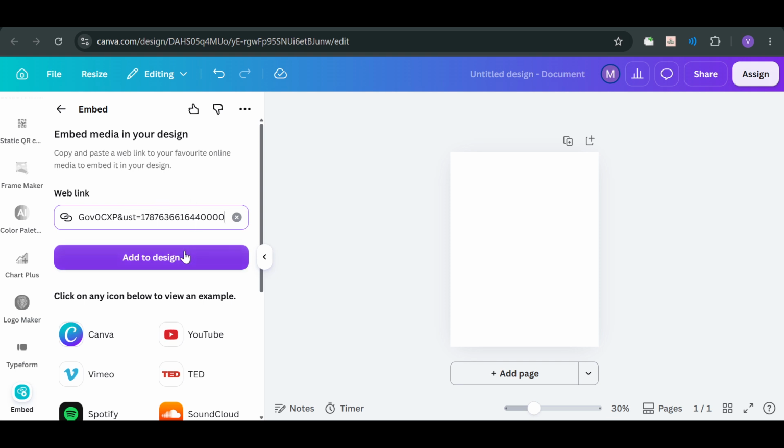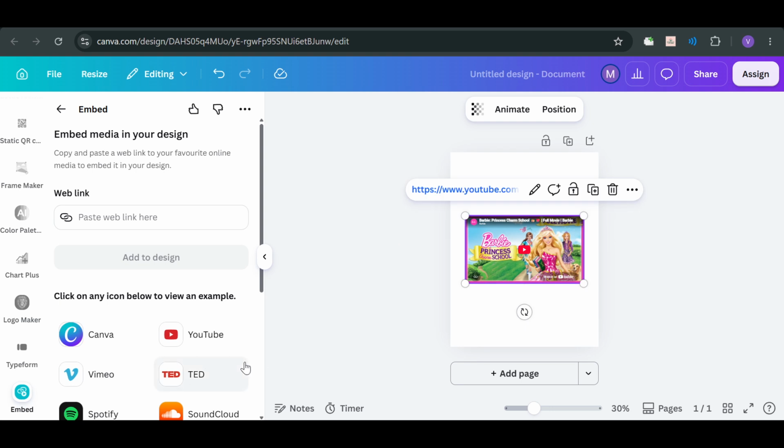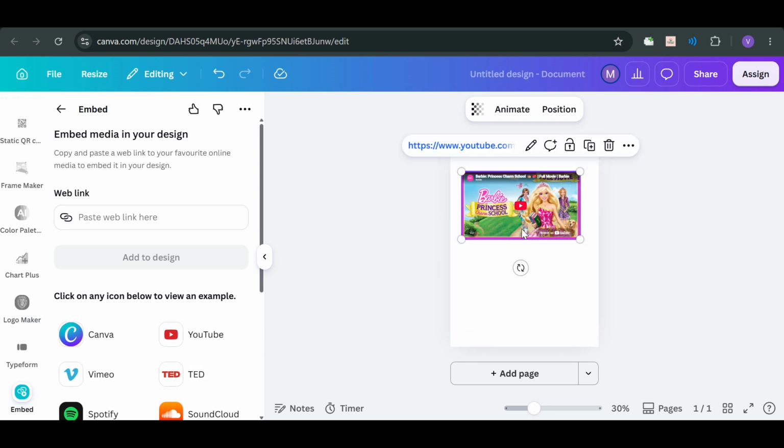Once you have added the link, head over and click onto this Add to Design. And from in there, this will add or embed that particular link. As you can see, here is the link added, and you can now add it to your design, move it around, or however you